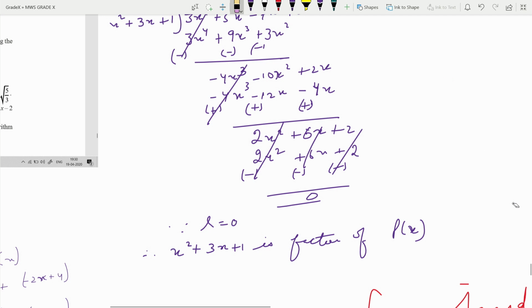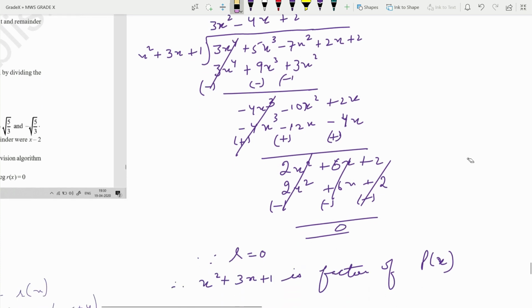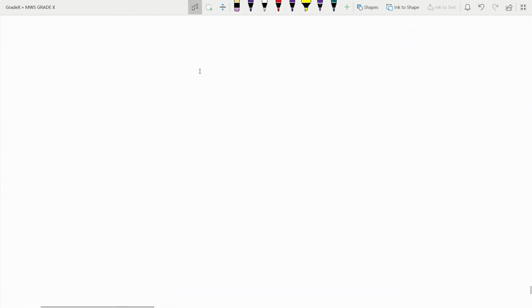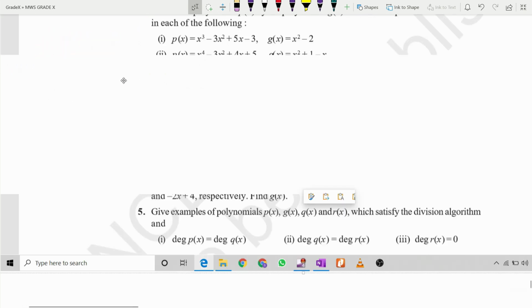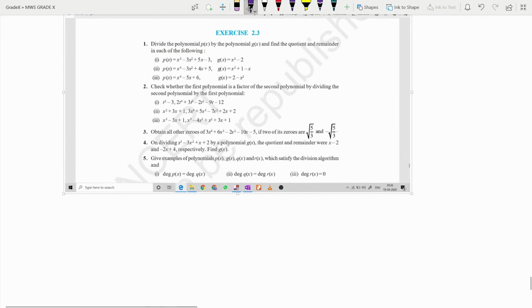Now we are moving on to the next question which is left in this exercise, that is question number 5, a very basic question. Let's do this. Starting with the question. Question number 5. Two examples of